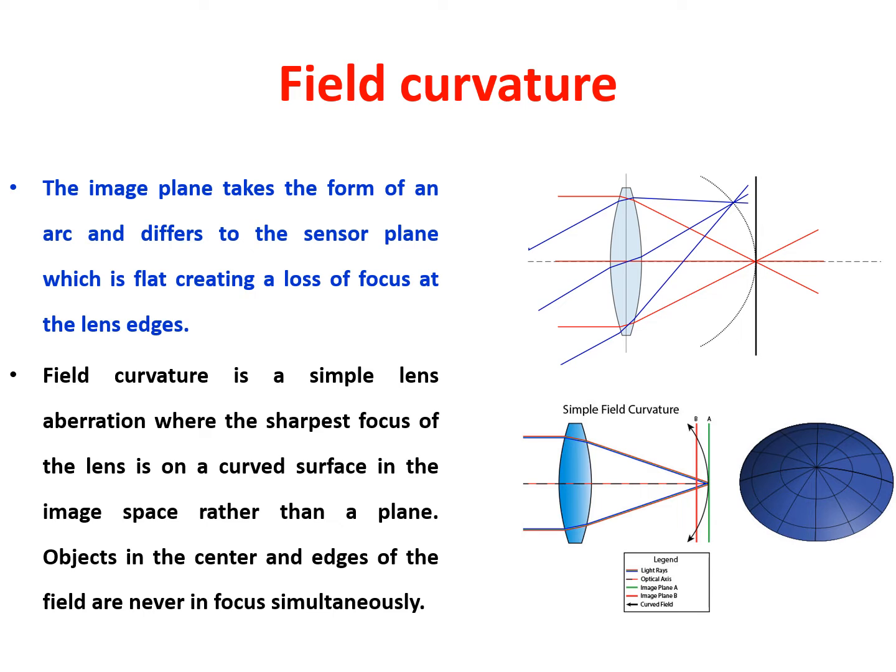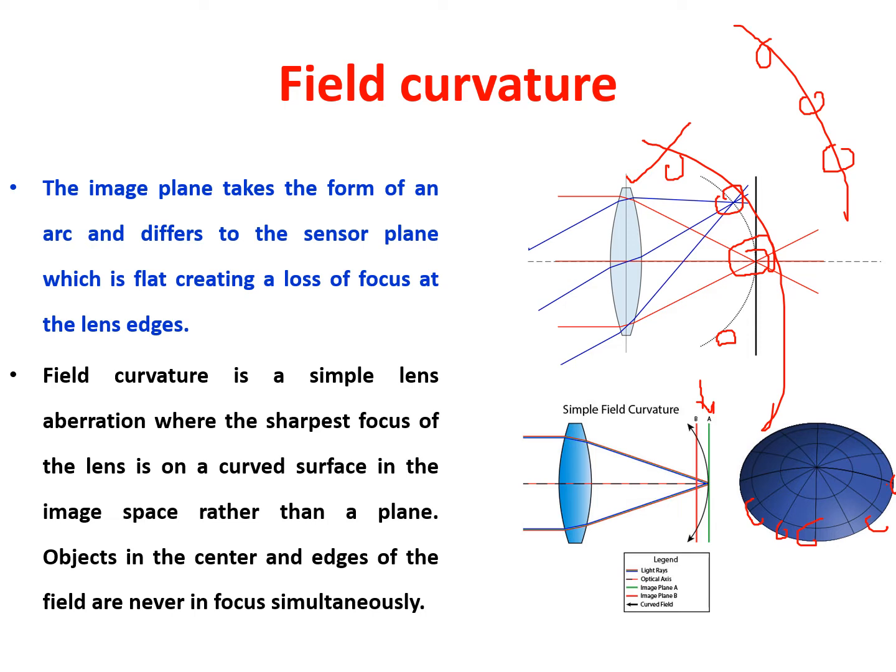Next one is field curvature. See here, the simple thing here, if the lens is not in a proper manner, what happens here, this area is focusing in this point. The same way, all these focal points will form like a curve, an arc. In this arc, it will form like a curve. This is field curve. See here, you can see the difference. Here focal point like this, like this, like this. It will appear like a curve.